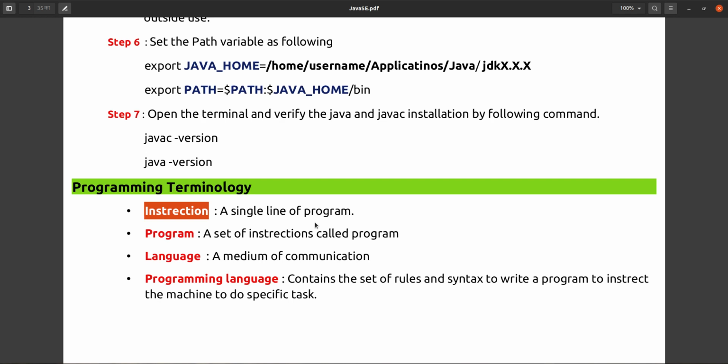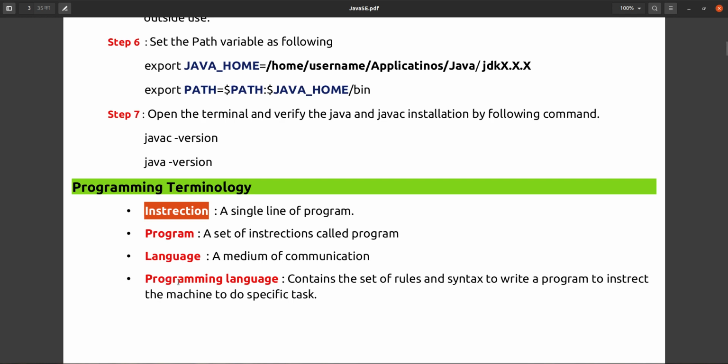Language is nothing but a medium of communication: communication between two people, between human and machine, and between two machines. There must be a language to communicate, so that is a language. A programming language is nothing but rules and syntax to write a program to instruct the machine to do a specific task.